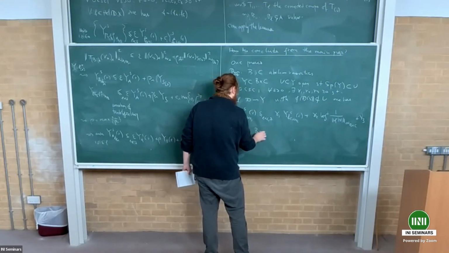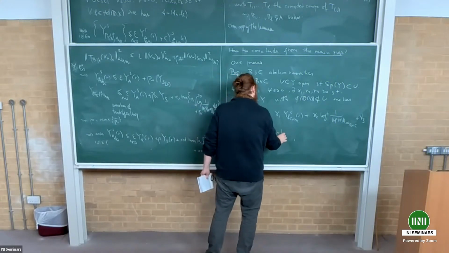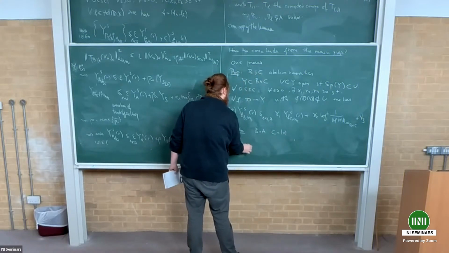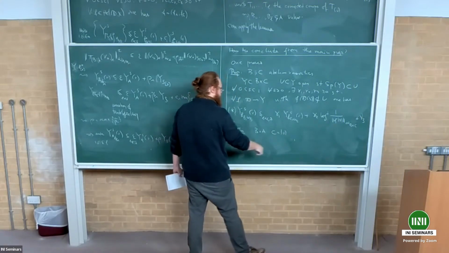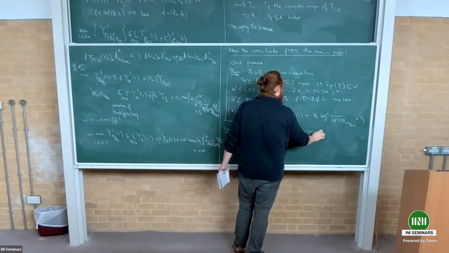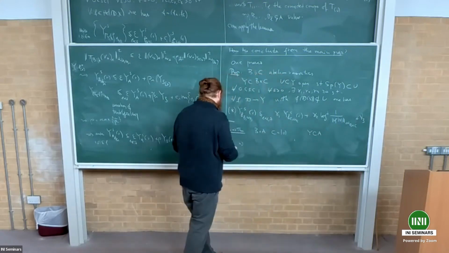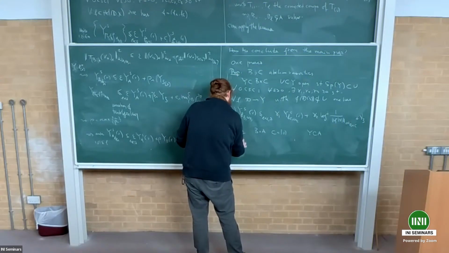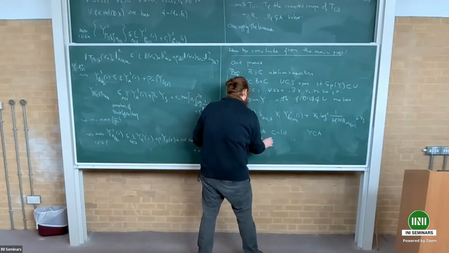If B is equal to A and C is equal to 0. So this implies that for any f, so you have Y just included in A, and this implies that for any f, R between S and 1, such that this holds,